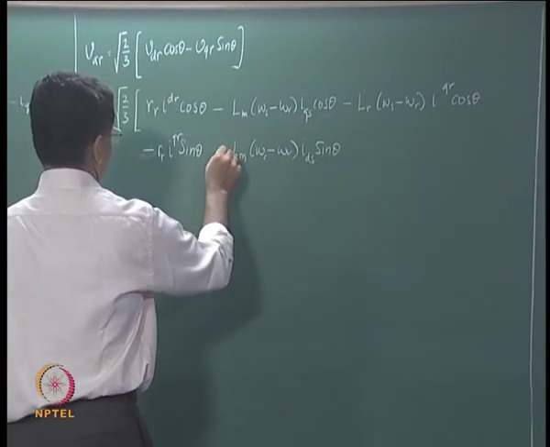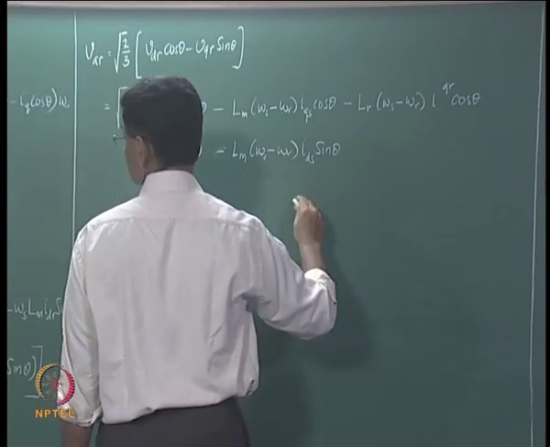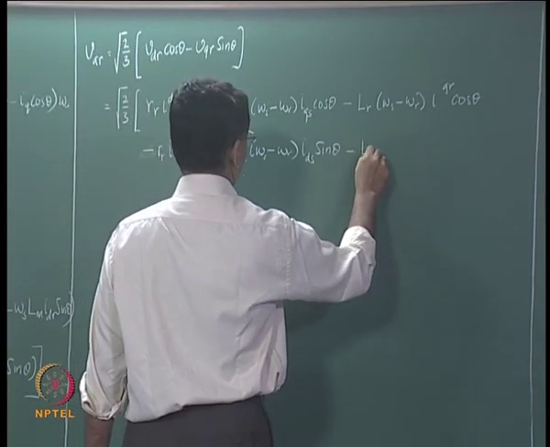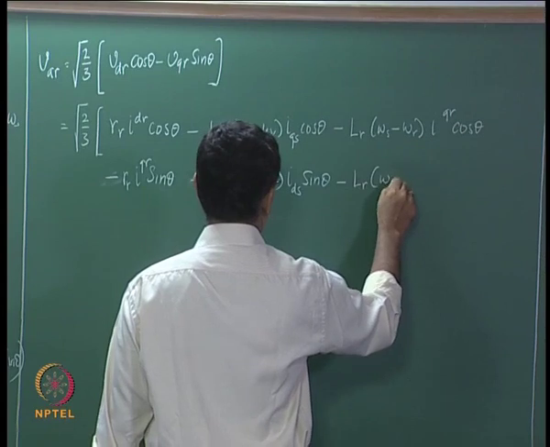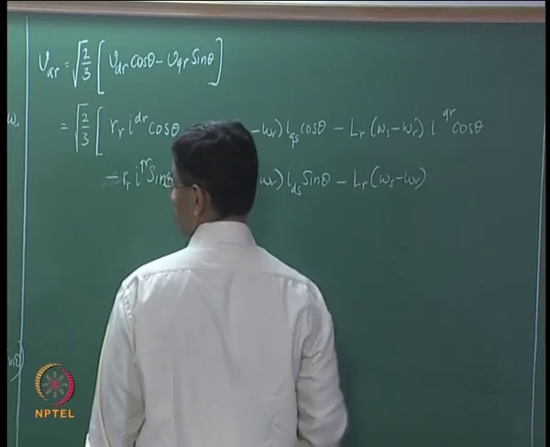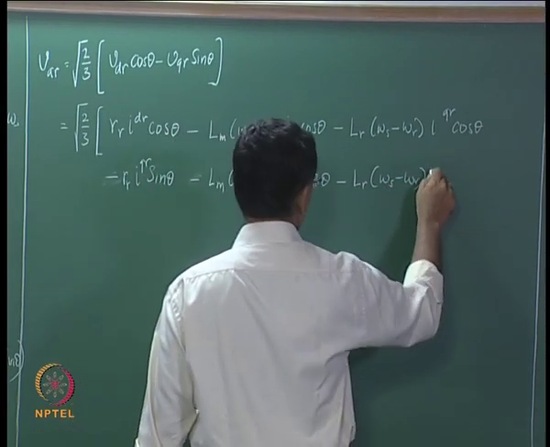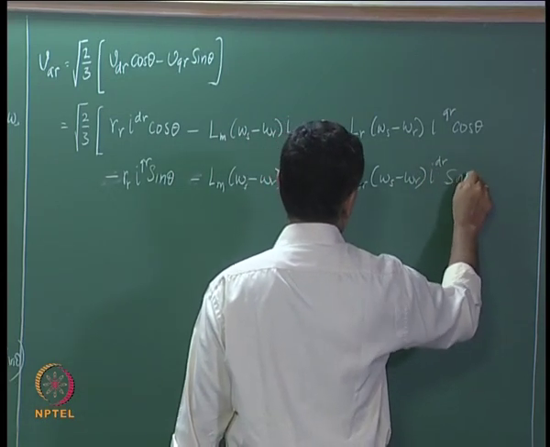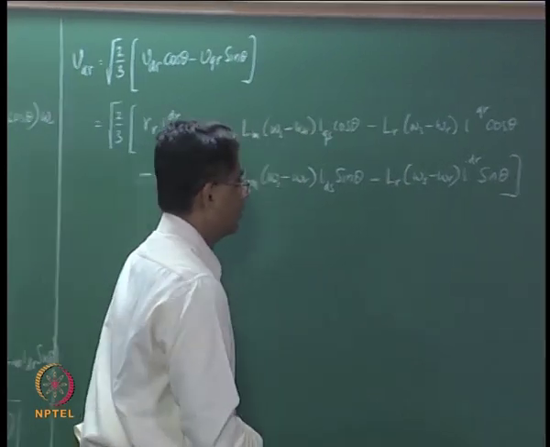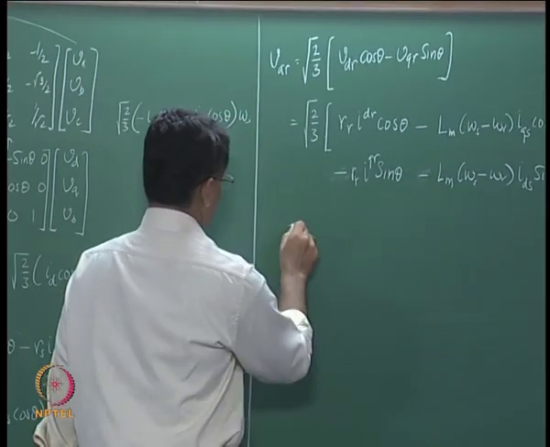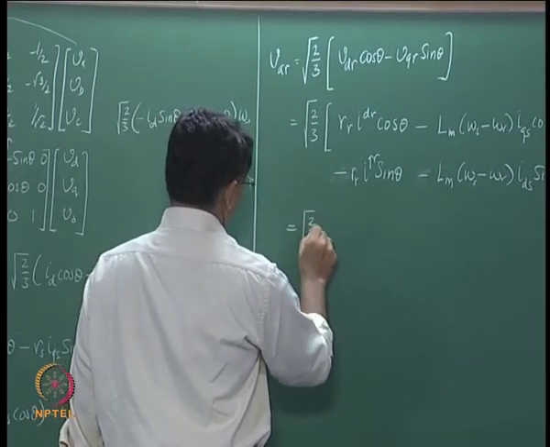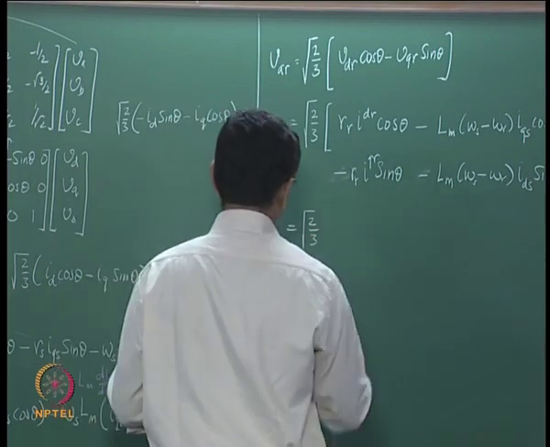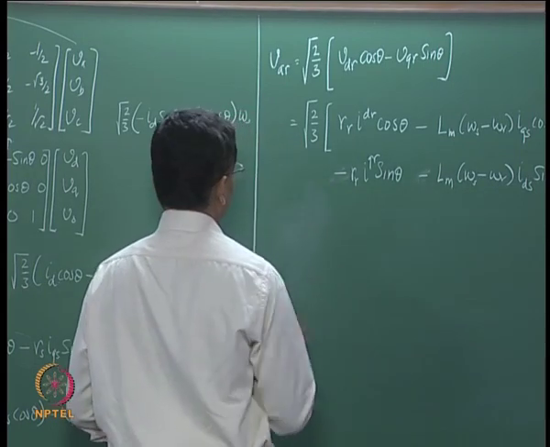It's not plus here, it is minus because you are subtracting, and then one more minus term, LR into omega s minus omega r IDR into sin theta. So this is what you will end up with,